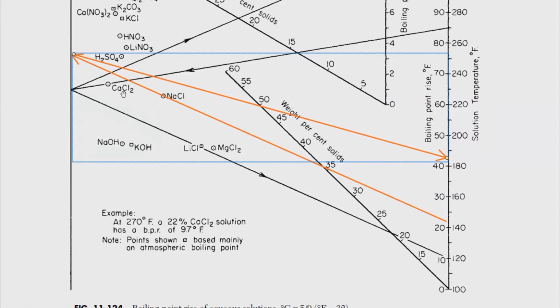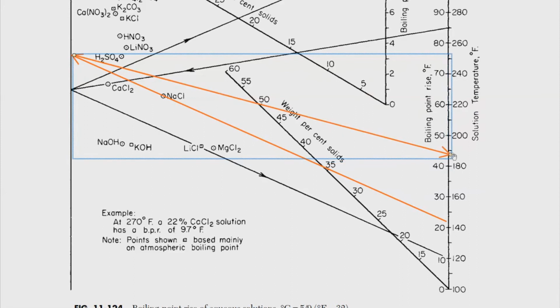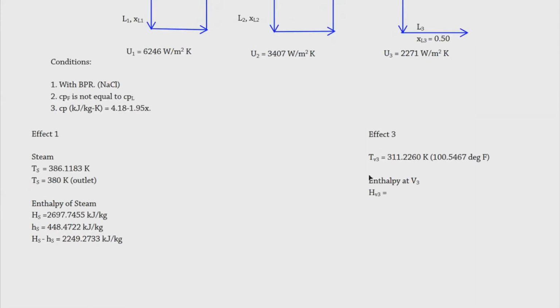Pero mapapansin, hindi na siya masyado nag-deviate dun sa ating 50. So, yan. You could just say na this one is around 43 or 44. I'll just use 43 na lang kasi yun yung parang nauna natin na in-assume. Okay? So, with this, yung ating BPR dito sa ating effect 3, alam naman natin na dito is ano na